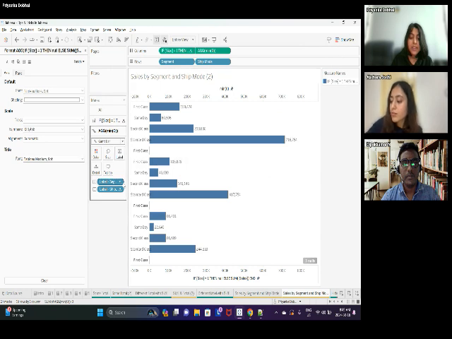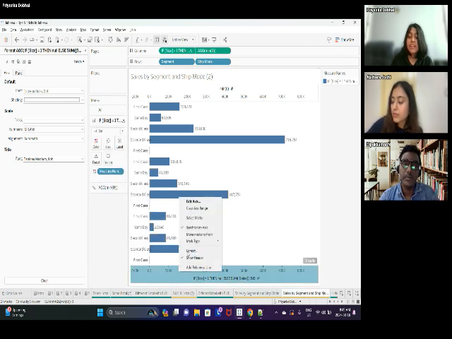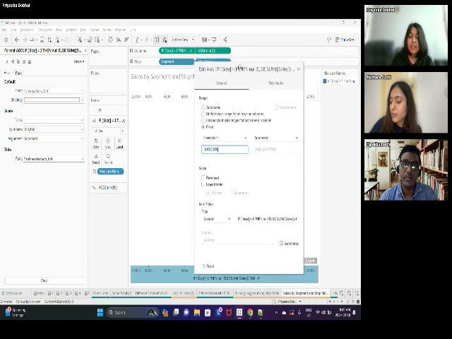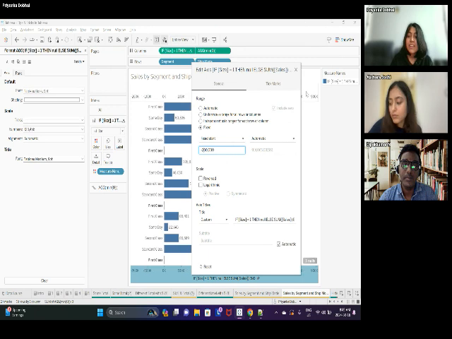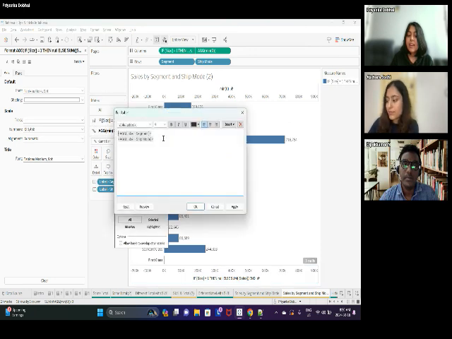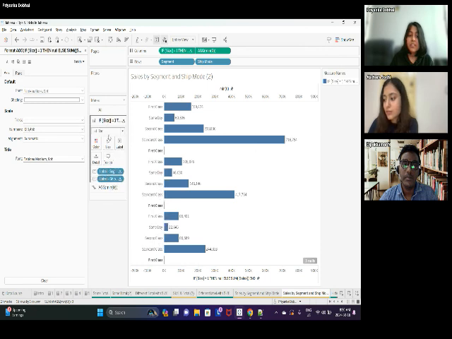Yeah, so you can see that my label is on the right hand side. I can just adjust the axis as per my choice. Let's give some more spacing. Oh, I think probably a little too much. Let's go down with 200. Yeah, so you can give it as much spacing as you want. And this way you have a different format over here. So I can basically come up here and say that my segment has to be bold and let's say underline, whereas my ship mode can be just as it is, and work with it. So remove this label.